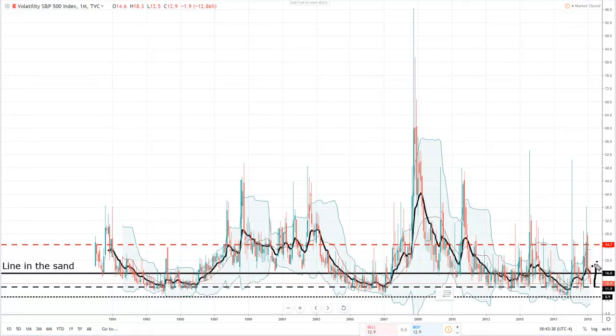So as we see VIX heading down towards this 12 level, it's not a bad idea to consider preparing yourself for what could be a return to even just a bit of a higher volatility period. Maybe not heading up to 50, but even just heading back to the mid-20s would see a great return on being long the VIX. And really you only need to place a stoppie around that 9 level, and you should really survive. So that's the idea for